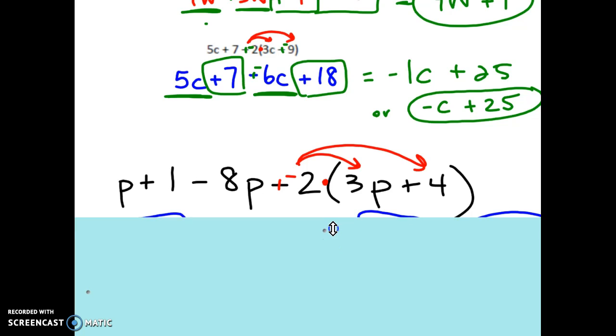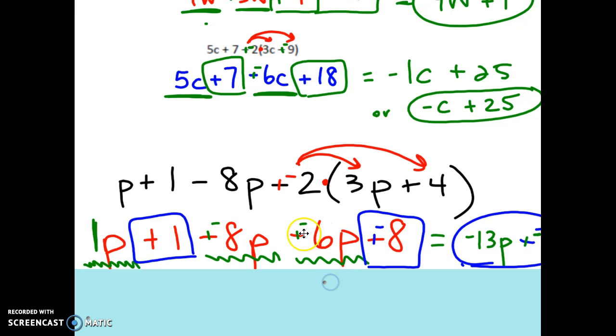Alright, so this last problem, I wrote it a lot bigger on my screen here because I write big and it takes up a lot of space, and I believe yours, hopefully you'll be able to fit yours on your paper. So with this -2 that has to be distributed, I did my keep, change so I wouldn't forget. I got my -6p, and then I have a -8. I brought everything else down, and then as you can see, I have 1, 2, 3 terms that are p's. So these are all getting combined together, and I believe that gives us -13p. And then I believe we have a constant term of +1 and this -8 that gives me